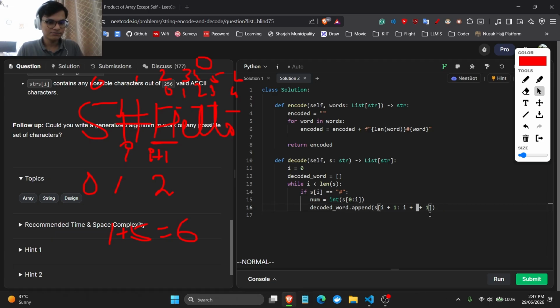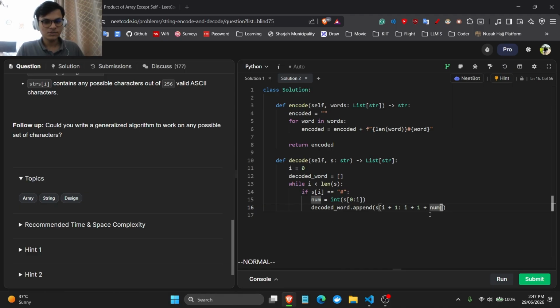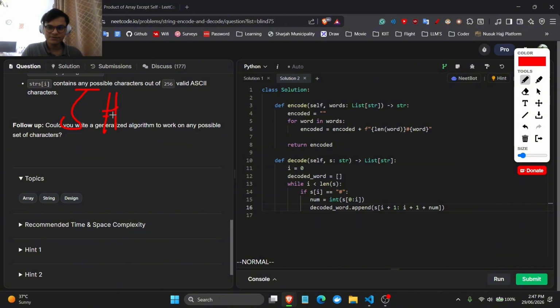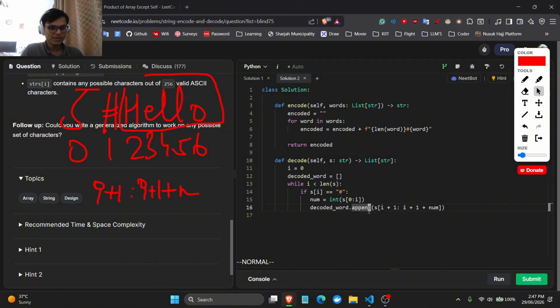Oh yes, okay, so this is one thing that works very well for us. 5 star hello. So 0 1 2 3 4 5 6. Yeah, so I plus 1, say I plus 1 plus num, so 2, 2 plus 5, 6 7. So the number came up to here, so that got appended to it. Great. Right, and as soon as this happens, we then want to change I's value. Now we want I to start from here, right? We want I to start from here, and this value will actually be I plus 1 plus num.